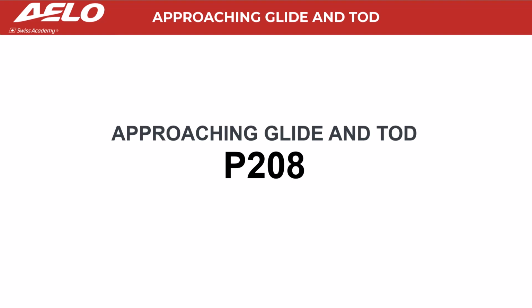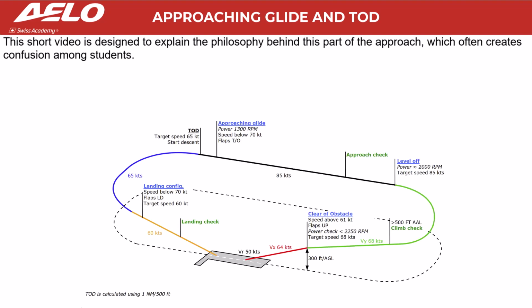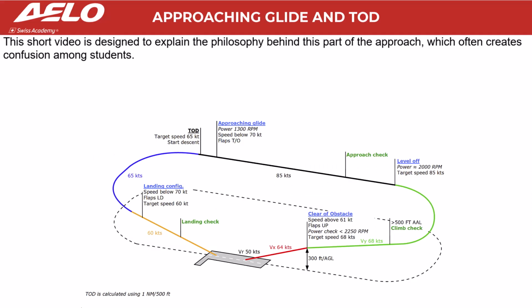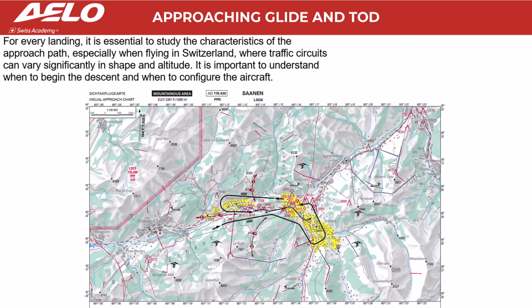Approaching glide and top of descent. This short video is designed to explain the philosophy behind this part of the approach, which often creates confusion among students. For every landing, it is essential to study the characteristics of the approach path, especially when flying in Switzerland, where